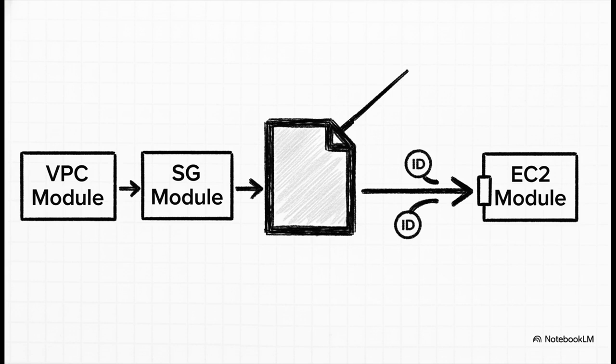And now we tie it all together back in our root main.tf file. This is the orchestrator, the conductor. And just look how clean and simple this is. We're not defining VPCs or instances here. We're just calling our modules like assembling Lego blocks. We call the VPC module, then we call the security group module. And look closely, we pass it the VPC ID from the first module using module.vpc.vpc-id. That syntax is the glue. Finally, we call the EC2 module, passing it outputs from the other two. Terraform is smart enough to see these connections and build everything in the right order.